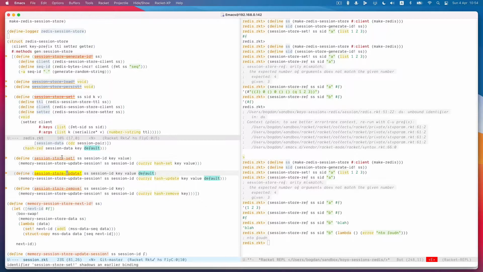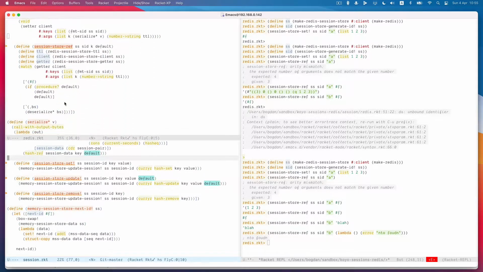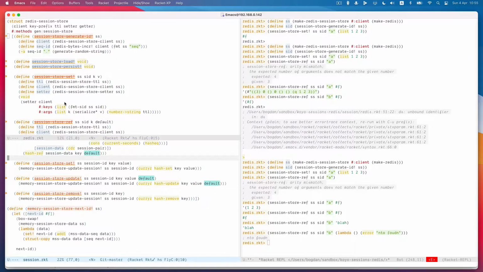And then update will probably just implement in terms of ref and set. That seems reasonable. Although, I don't like that because it requires 2 round trips like before, but I don't think that can be avoided